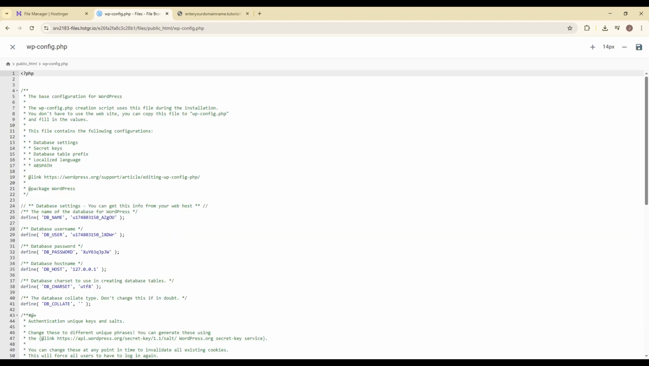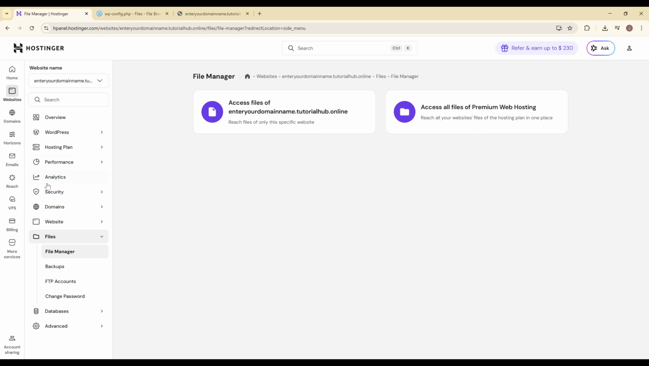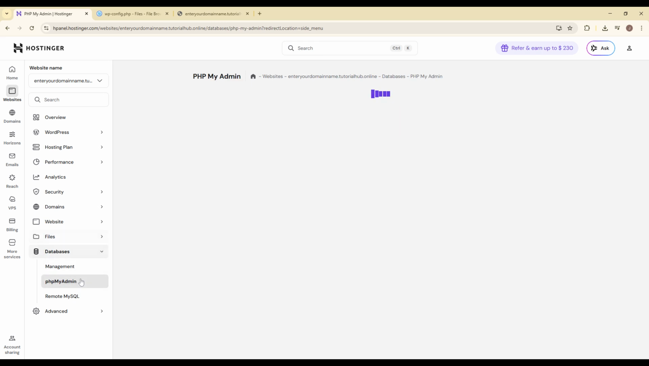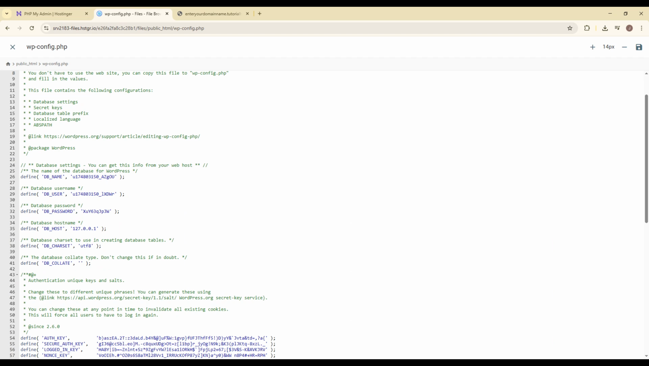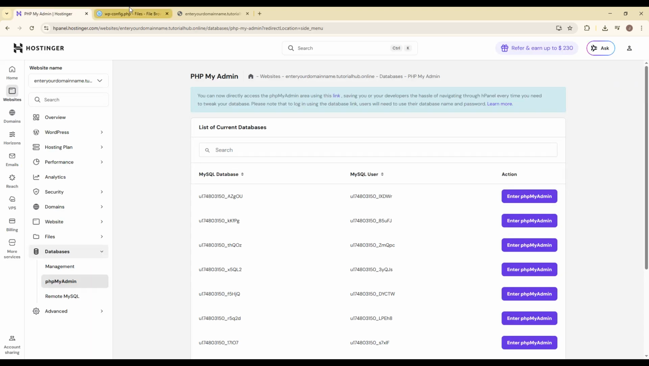Now keep this tab open and go back to your main Hostinger dashboard. In the Databases tab, locate and click on MySQL Databases. Here, you need to compare the information on your screen with the lines inside your wp-config.php file. Specifically, check the DB name, DB user, DB password, and the DB host. You need to ensure that the database name and the database username match exactly what is listed in your MySQL